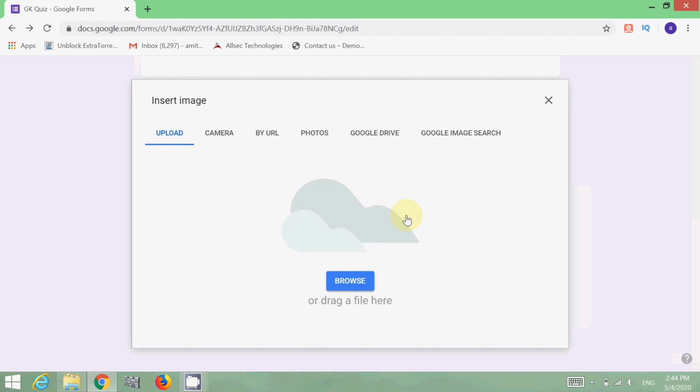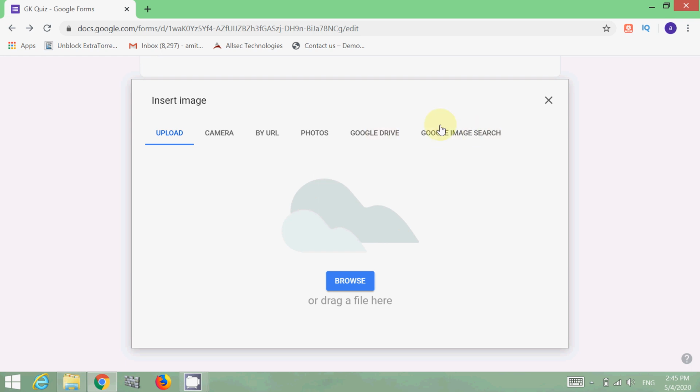Another window will be opened, that is for the insertion of a particular image. In the insertion of the image, multiple options are there, like upload from your local sources, that is from my laptop, then from the camera, by URL, by Google Photos. If you have saved a particular image in Google Drive, then you can also upload from Google Drive.